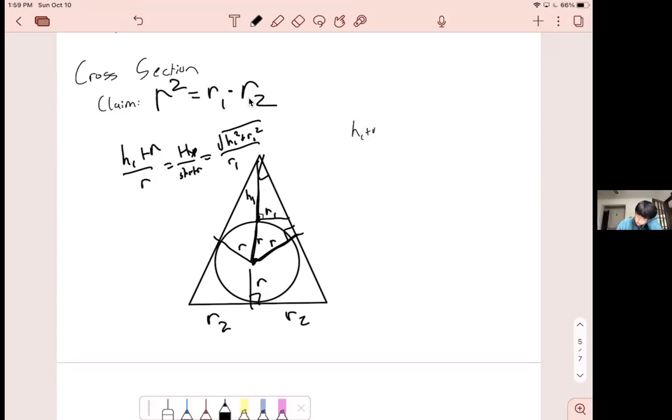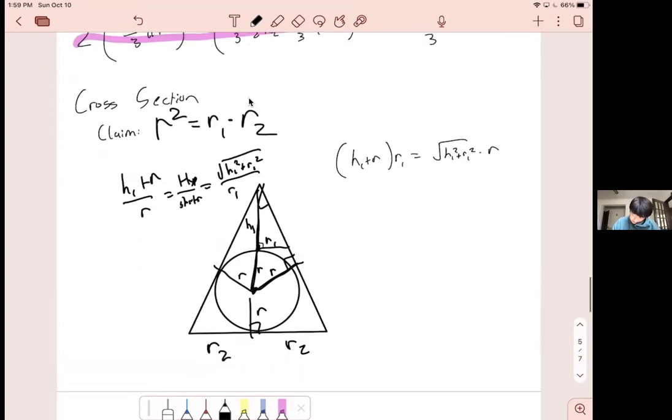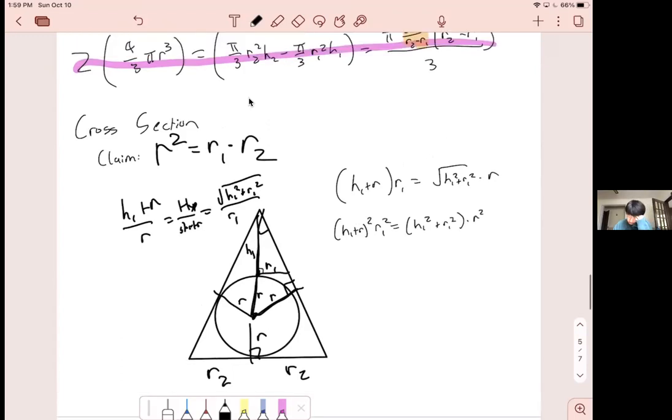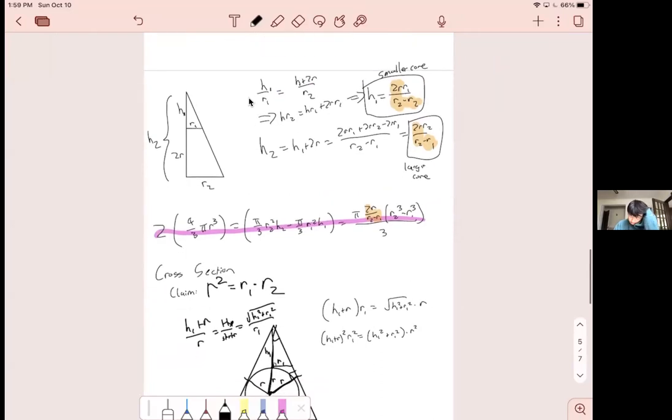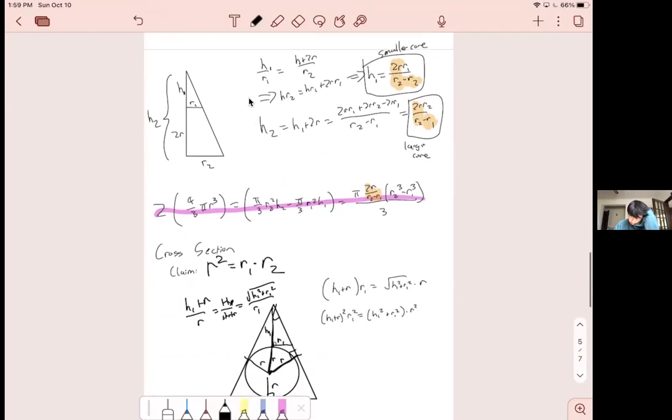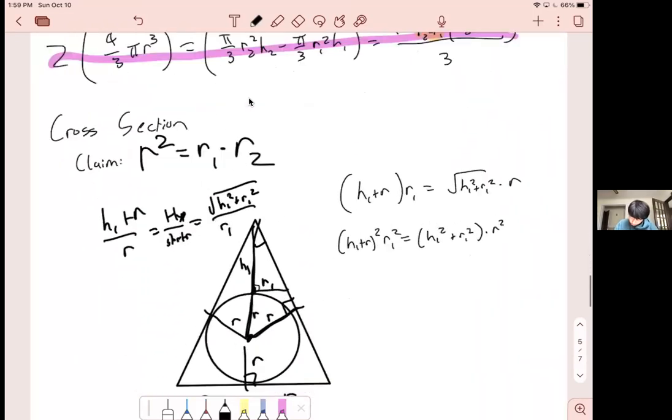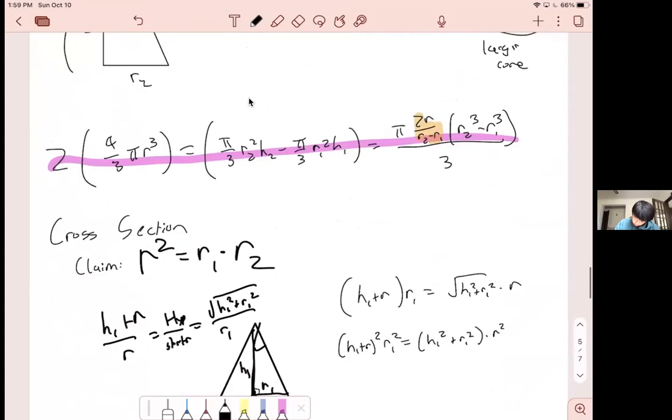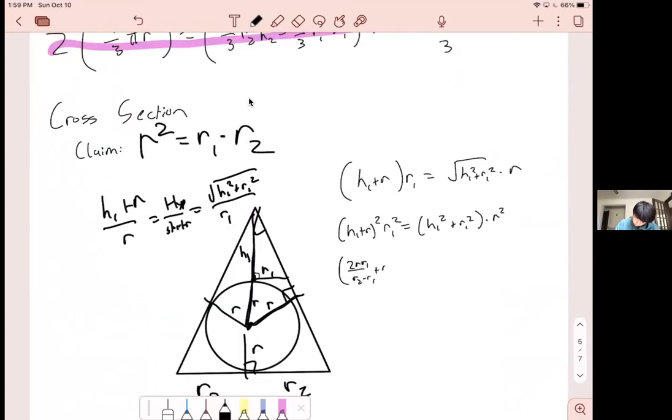And so (H1 + R) times R1 is equal to the square root of H1 squared plus R1 squared, times R. This is quite algebraic. (H1 + R) squared R1 squared equals (H1 squared plus R1 squared) times R squared. And then you substitute in H1. So then this becomes 2R R1 over (R2 minus R1), plus R squared, times R1 squared, equals